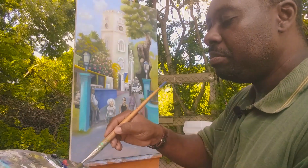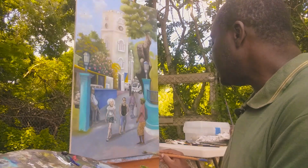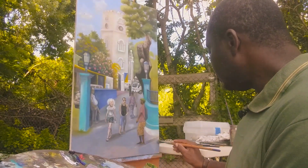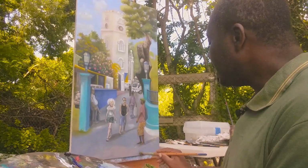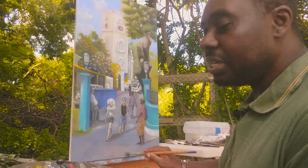And I'll pick up a little bit of blue because I want to also get it a little more blue in my street scene as I vary it across here like this. It gives a nice warm finish and texture to the piece, and I'm treating it in that way in terms